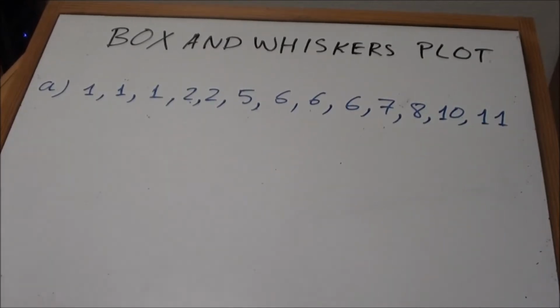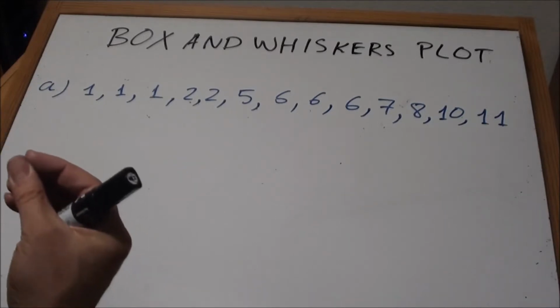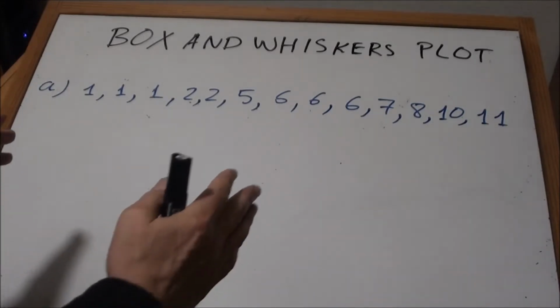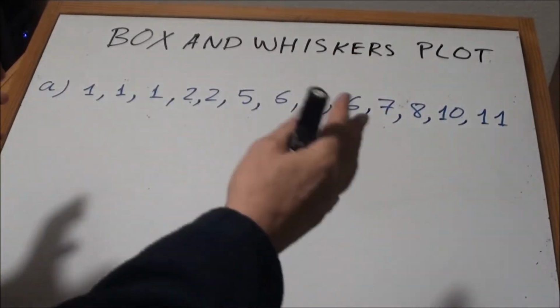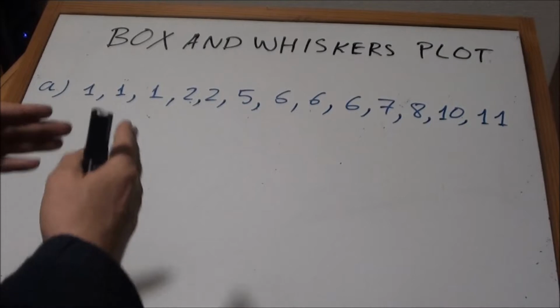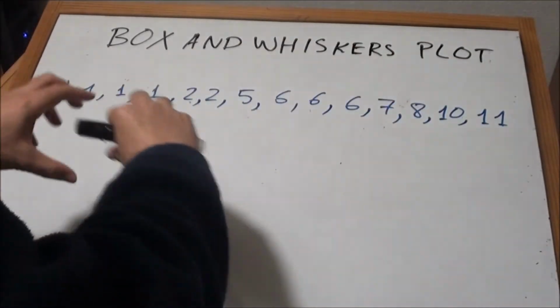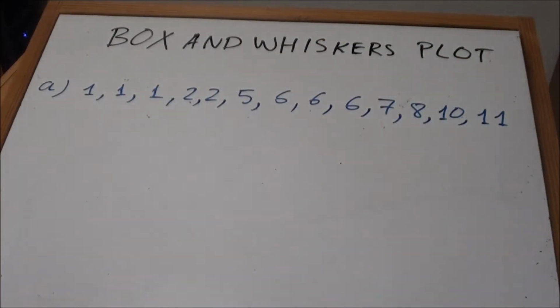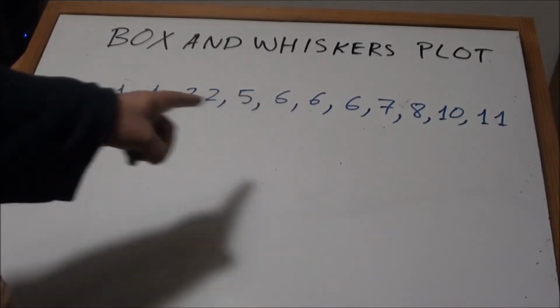In this video, we are going to learn how to make a box and whiskers plot. A box and whiskers plot is a very useful graphic that gives us a very good idea about how the distribution of data is centered and how it is dispersed, how it is distributed. So we are going to see that this is a set of data